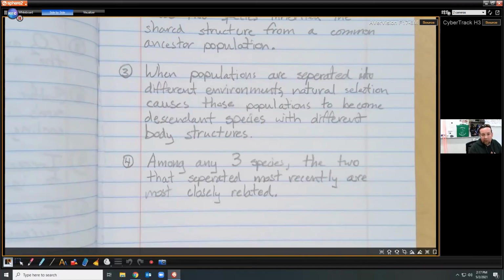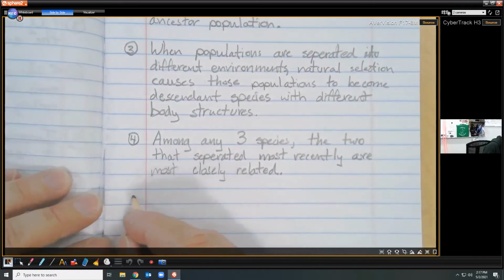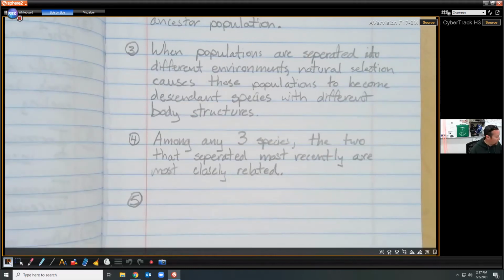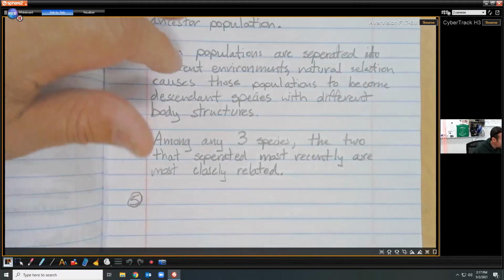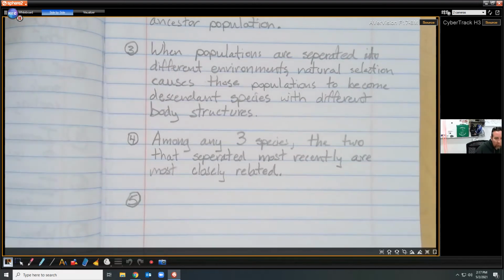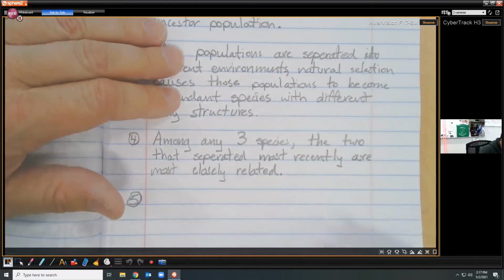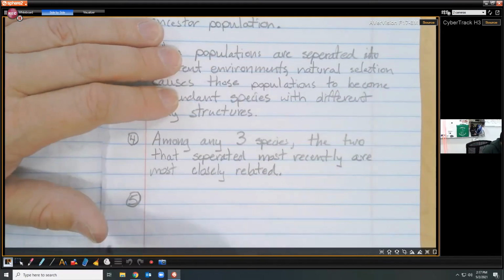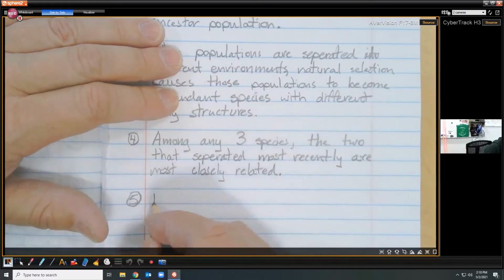All right. Not too shabby, friends. Last key concept. This one might be the most valuable. It's not really a key concept, but it should definitely help you narrow down some of your possible solutions on the quiz. So, you might have heard me say this, but when it comes to evolutionary history,